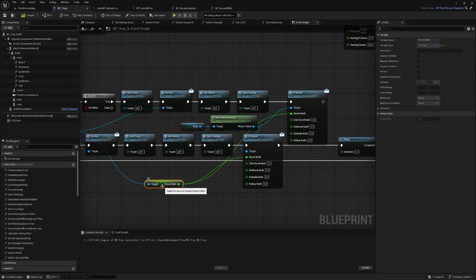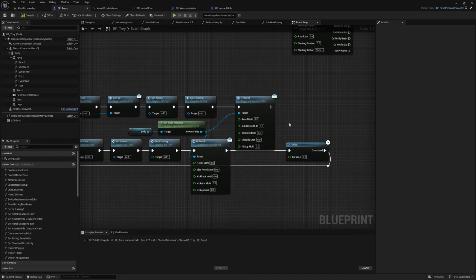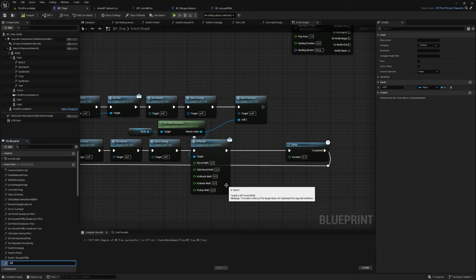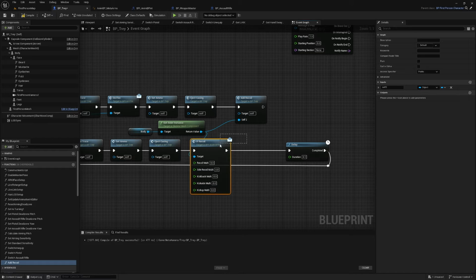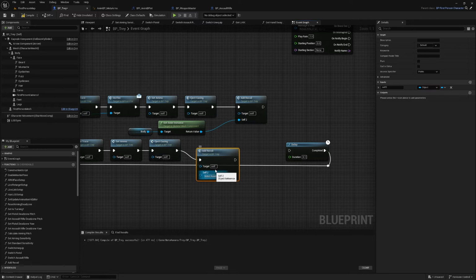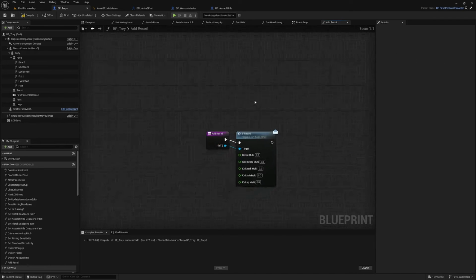This is going to start getting quite messy here. So what I might actually do is collapse this to a function. If I just collapse this to a function, and I'll just call it add recoil. And then I should be able to just do the same here. Add recoil, call function, plug in that self as a target, and then in add recoil